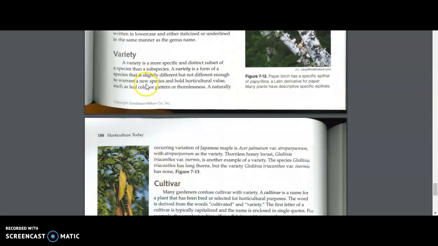Number 10 says a different form of genus is called a variety. A variety is a more specific and distinct subset of a species than a subspecies. A variety is a form of species that is slightly different from, but not different enough to warrant, a new species and holds horticultural values such as leaf color, pattern, or thornlessness. A naturally occurring variation of Japanese maple is Acer palmatum var. with a variety, thornless,